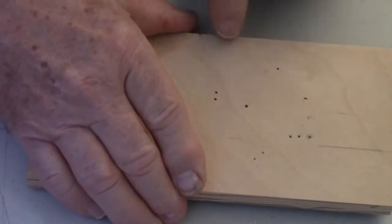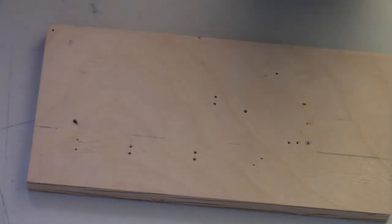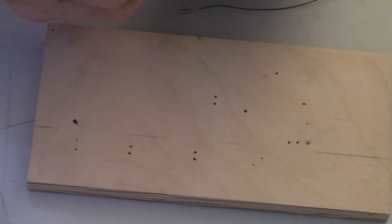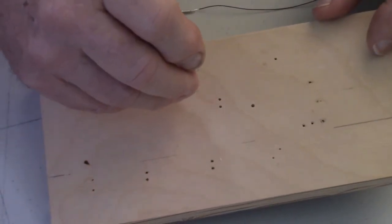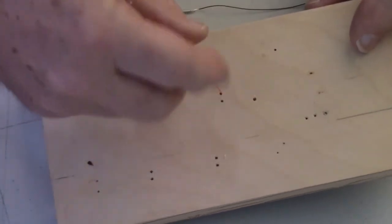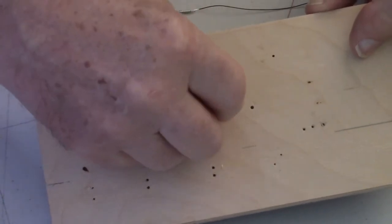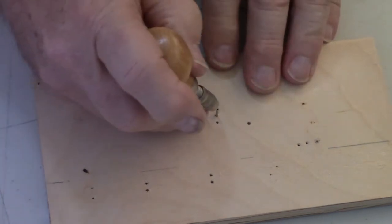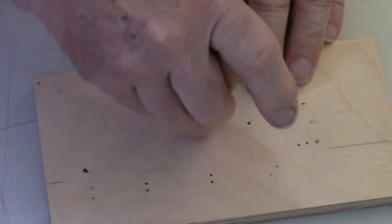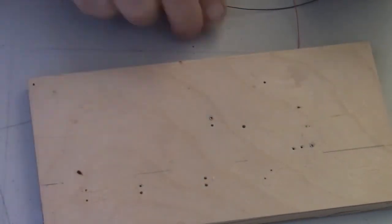So let's go look at the ceiling side again. We'll swing this around. And I'll take a black one and a red one. And we'll set the wire through the hole. I'll go ahead and use this one, put it into the micro jack and then push that down into the hole. Take the black one,